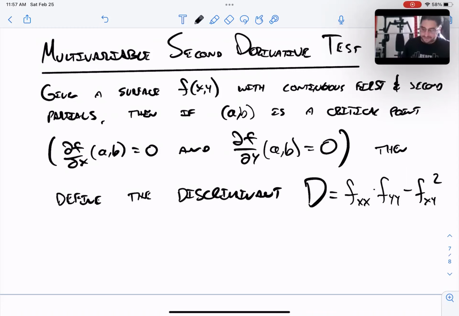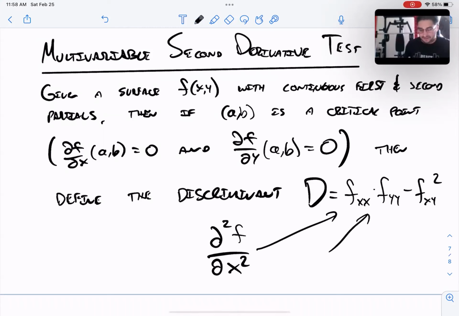This is how we define it. These subscripts indicate partial derivatives. If you haven't seen that notation before, that's perfectly fine; f_xx is just a shorter way to write the second partial with respect to x, f_yy likewise, and f_xy is just a shorter way to write